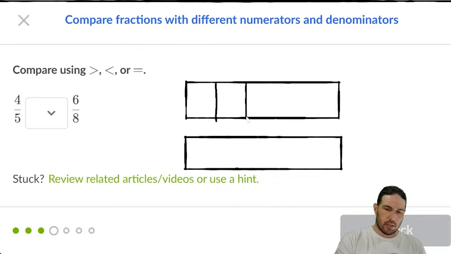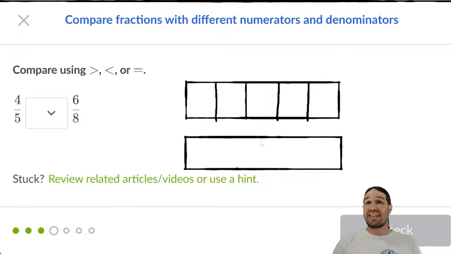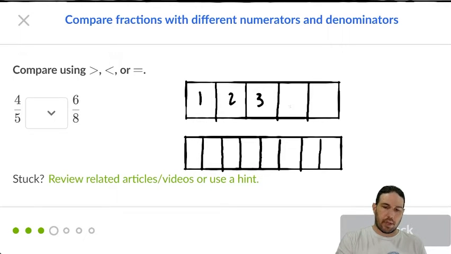1, 2, 3, 4, 5. Those are more or less equal. And then this one goes into 8. Now, if I'm cutting something into eighths, I cut it in half first. Then I sort of visually cut each of those into half so that I get fourths. And then I cut each of those in half to get eighths. I'm going to try to be kind of precise here. And we want to know 1, 2, 3, 4/5, or 1, 2, 3, 4, 5,